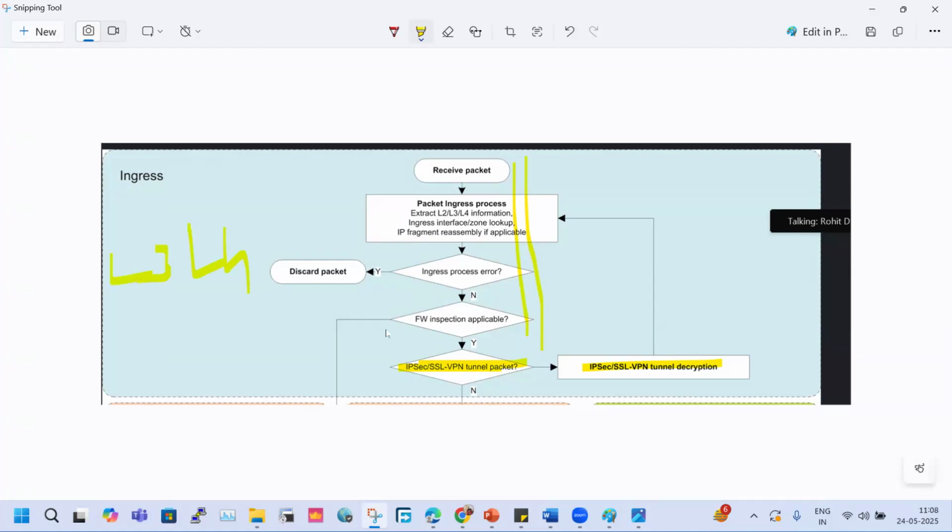If you see, your ESP header will be placed after your layer 3. After layer 4, your packet will be encrypted, so the traffic will not be inspected by the firewall. The firewall will not be able to check the destination IP, destination port, all those things. So to check all those things, the firewall needs decryption. It will do the decryption, fetch all the details again, L2, L3, L4 information, and check whether the traffic has any error or not. If there is no error, then it will go forward. Okay, got it. It's a simple process.